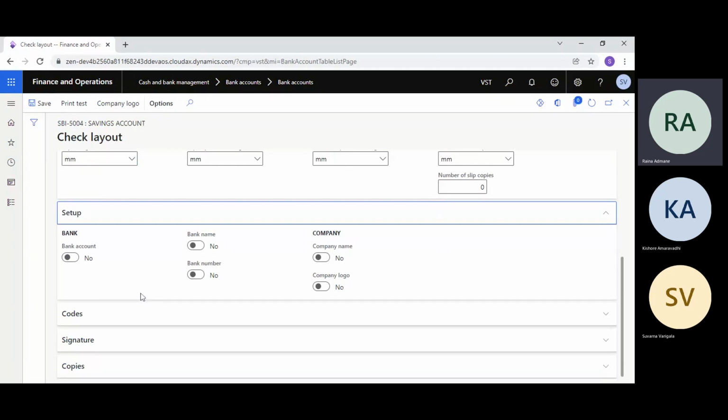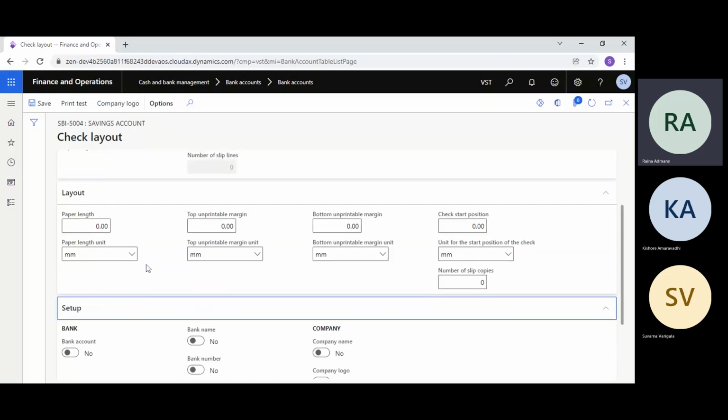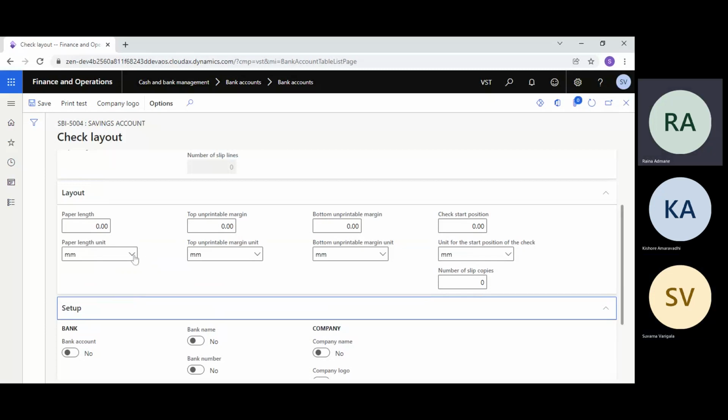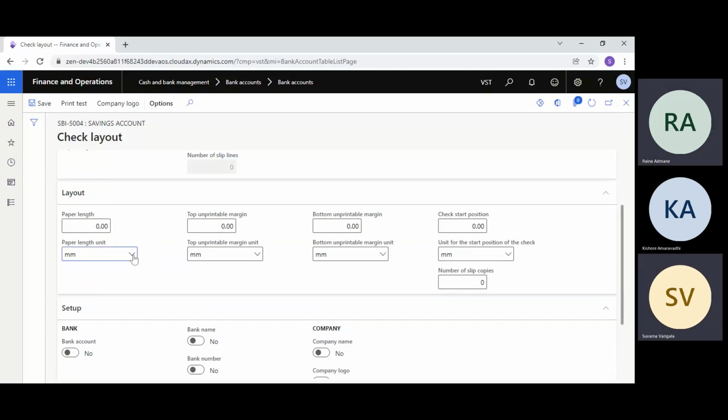So right now what I suggest in the layout, go up. For page length, you give 11 there. And then the length unit, just see that inch is there.